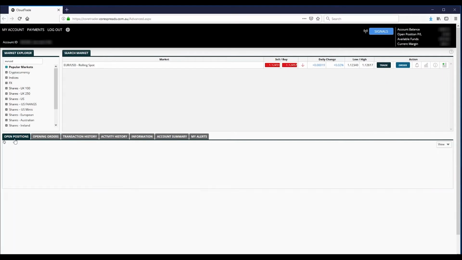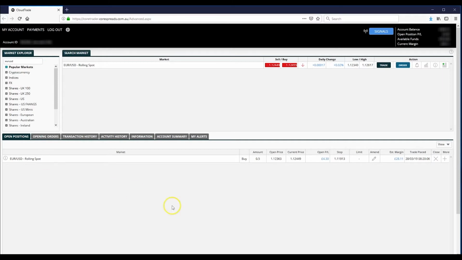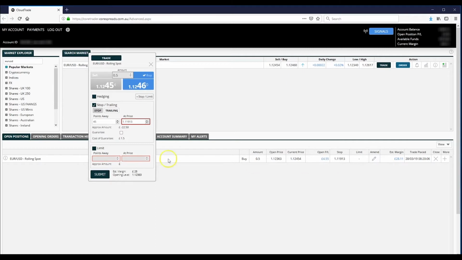From the Open Position window, we click on the Amend button and the full deal ticket opens. You will notice the existing 45-point stop loss is still in place, and we are going to change this to a guaranteed stop that will override the existing 45-point stop loss. Simply click on the Guaranteed button, and you will notice it defaults to a minimum 180 points away. 180 points is 1.5% of the currency pair's current market price, and it's the closest you can place a guaranteed